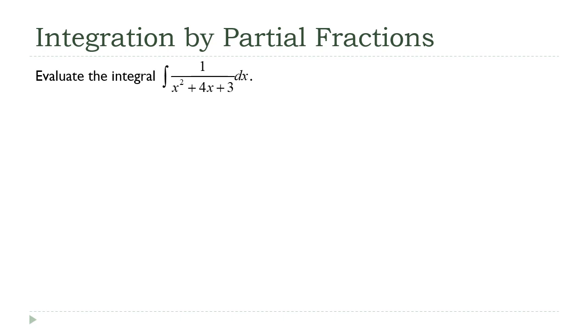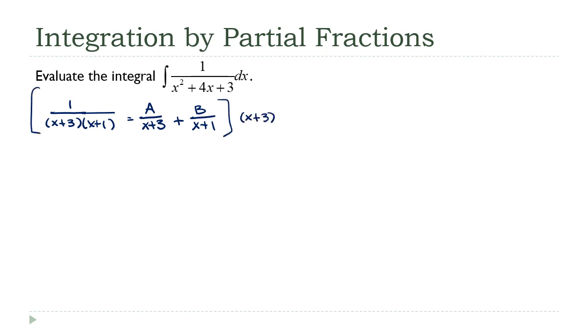Right, so I need to start by rewriting this expression here. And if we factor this, this becomes 1 over (x plus 3) times (x plus 1). So this is going to split up to A over (x plus 3) plus B over (x plus 1). Then I'm going to get rid of all the denominators. I'm going to multiply this through by (x plus 3)(x plus 1). So everything cancels on the left side, so this will be 1 equals A times (x plus 1) plus